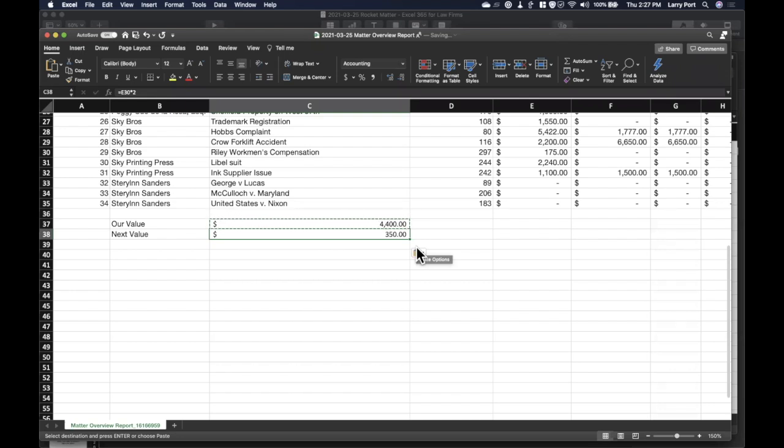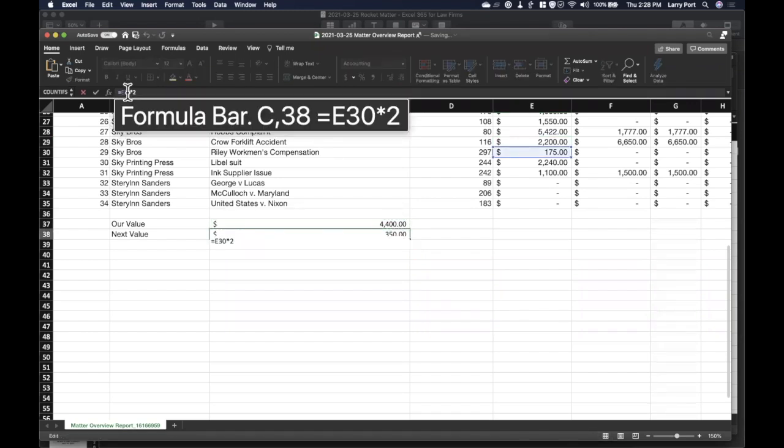It thinks that the natural tendency is to replicate the rows and columns of the table, right? And this can be a great thing for people, but it can also be tremendously frustrating if you're not aware of that. Now, remember, I went underneath E29, which is what I was referencing here, and I'm multiplying by 2. So what Excel did is it went to the next cell down and multiplied that by 2. In fact, if I go here and take a look at this, the formula in here is E30 times 2. So it automatically adjusted.